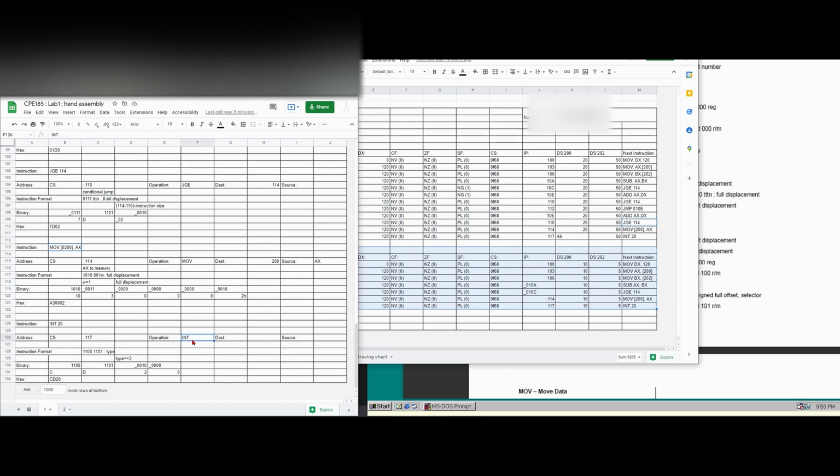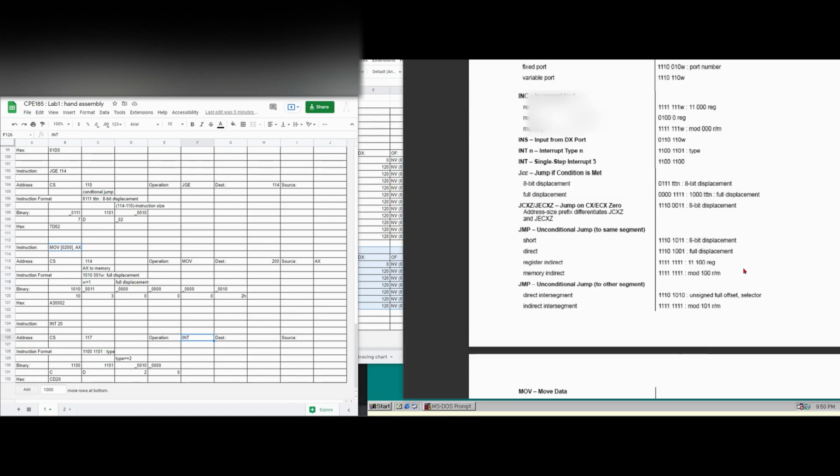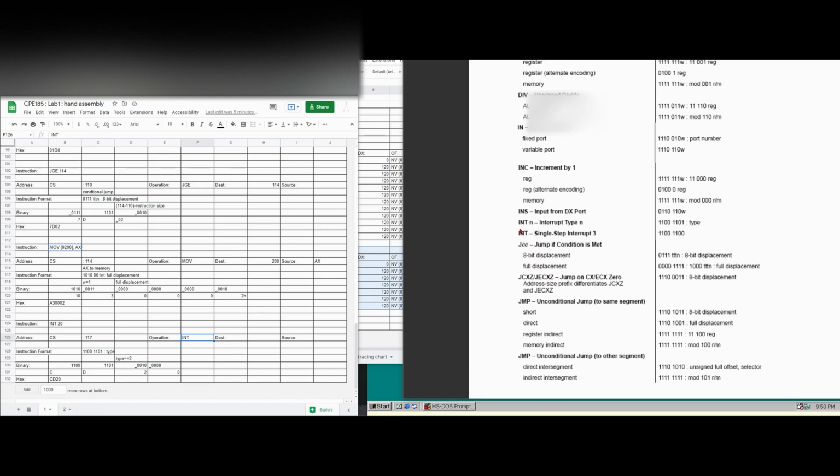So our operation is int. We don't have a destination or a source. This is the end. So our instruction format is going to look like the following. If we look in our hand assembly instruction, we see that we have int n, which is our interrupt type n. We have 1100, and then we have